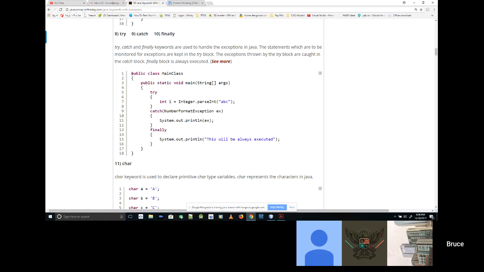So it has defined a special type of exception called a number format exception. And the catch that they have is specifically designed to capture that kind of exception and no other kind. If it throws an exception other than number format exception, then it will pass it to the parent caller and it will have to handle it there. But this catch is specifically designed to capture a number format exception.